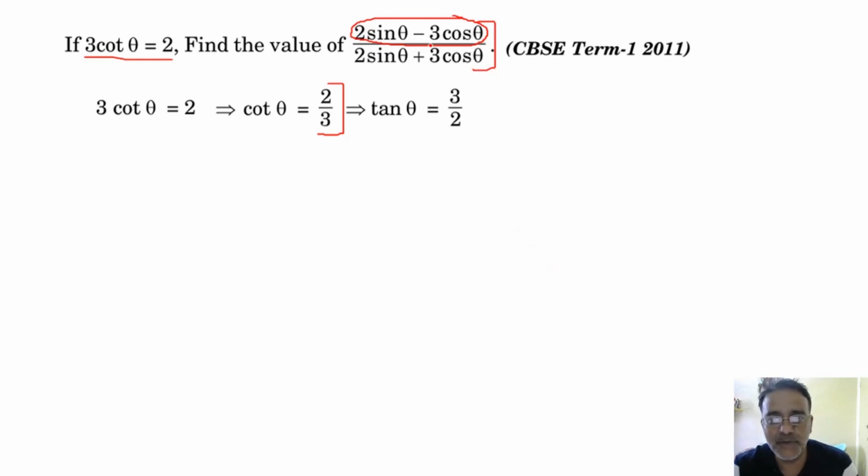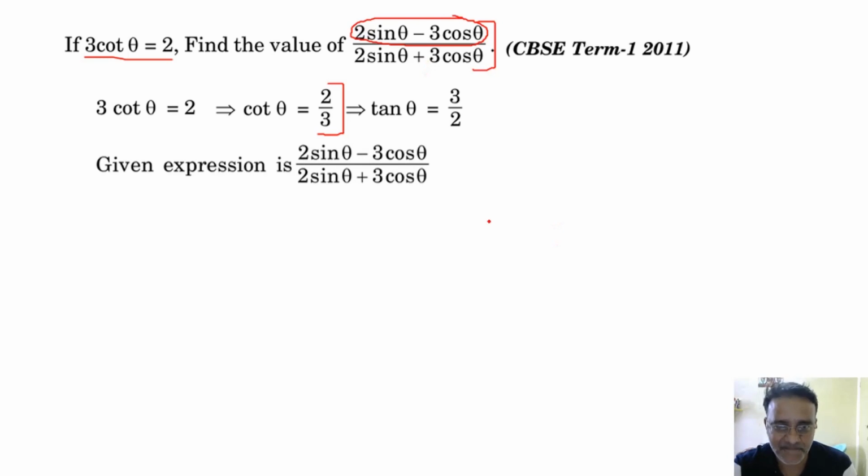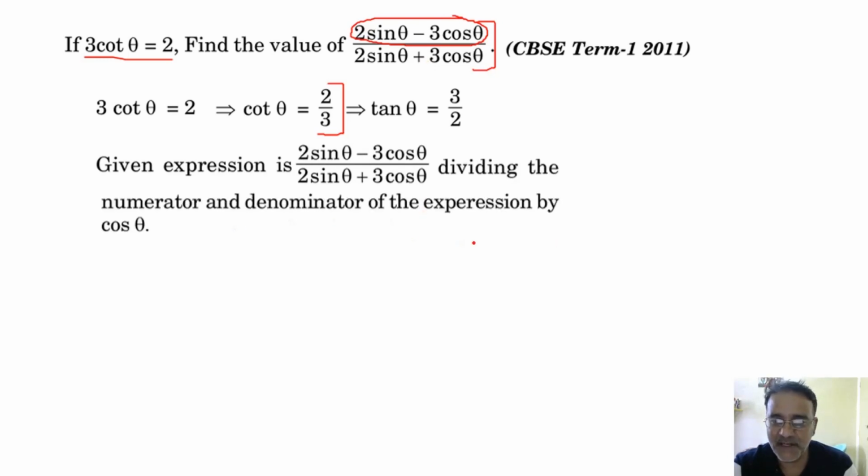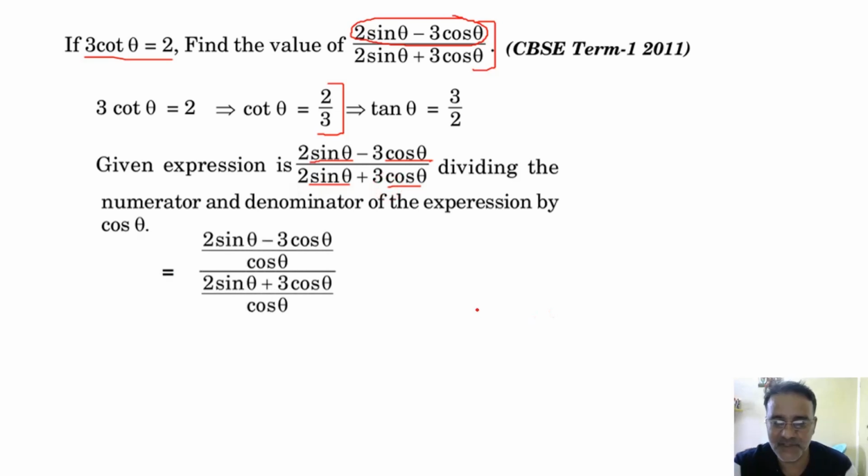Yes, sir. Dividing numerator and denominator by cos theta, see, what are we going to get? Here tan theta will come and here 1. First of all, we will split this. If you split, this will become tan theta and this will become 1. This will become tan theta and this will become 1. So minus 3 plus 3. This step is clear to all of you? Yes, sir. Okay, fine.